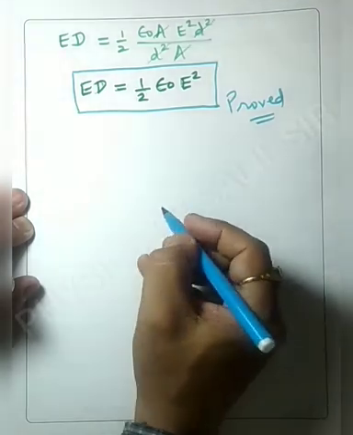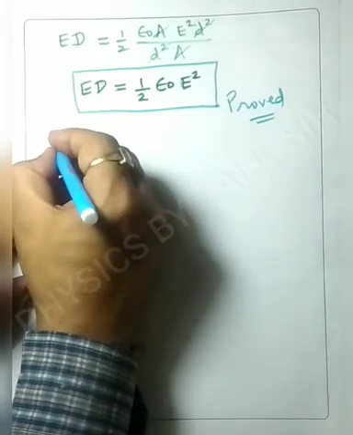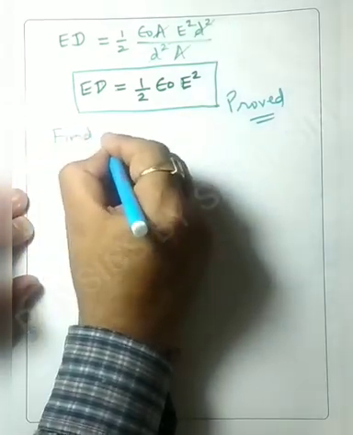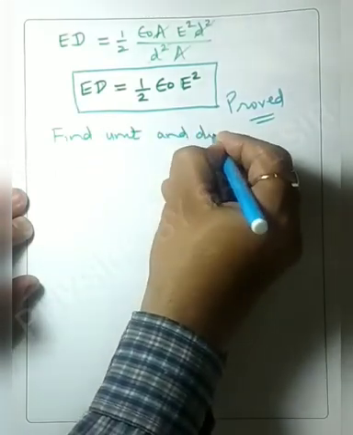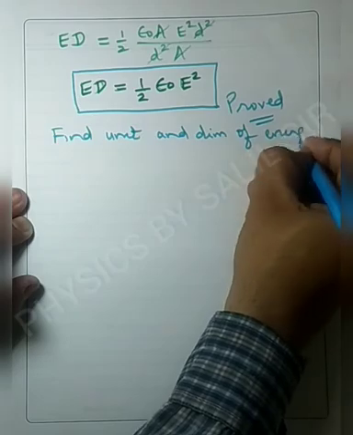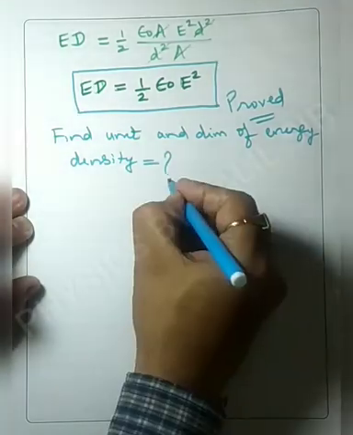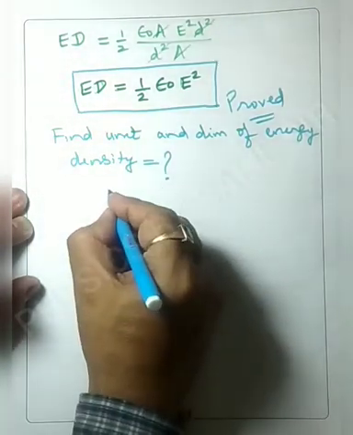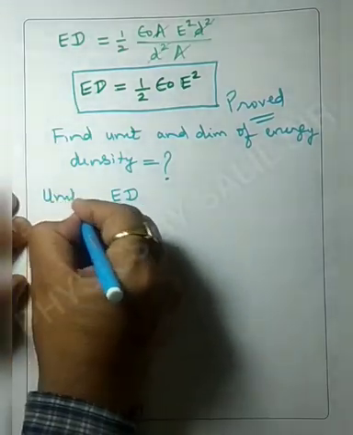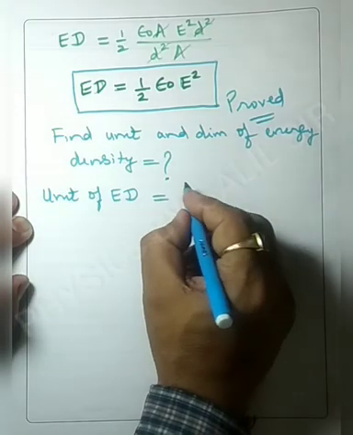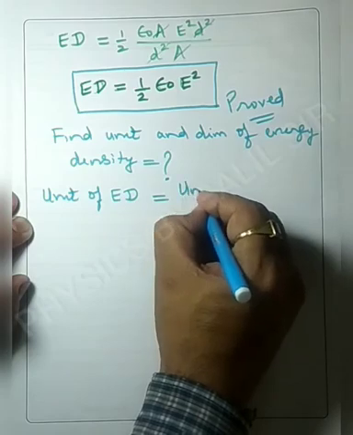Now if in CBSE or in competition, it is asked to find the unit and dimension of energy density, suppose this is the question, then how will you find this? We know that energy density means, first of all we'll talk about unit. Unit of energy density is equal to unit of energy